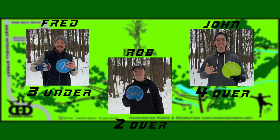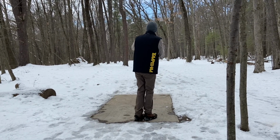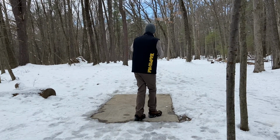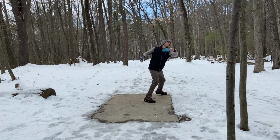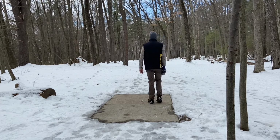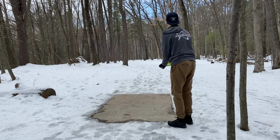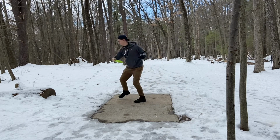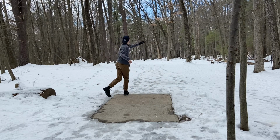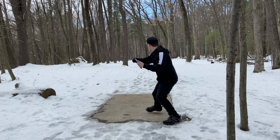That's one thing Fred's so good at, is giving putts a run, but leaving them where he doesn't have difficult par putts. So, hole 12, lefty hole. You'll hear me call right there. It is a little bit of a lefty hole from this tee pad. Goes out to the left and then cuts back to the right. Plays really well for a lefty flex. I tried to throw that hard and flat, but gave it some hyzer,